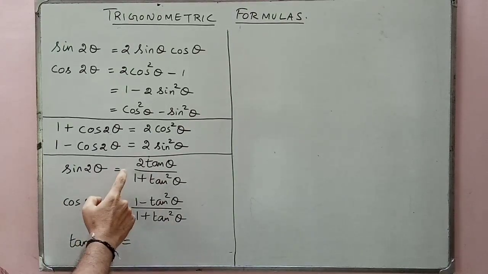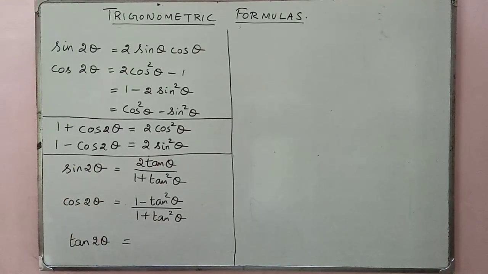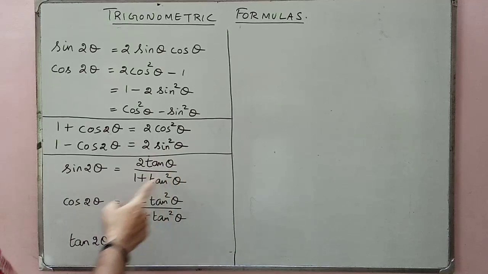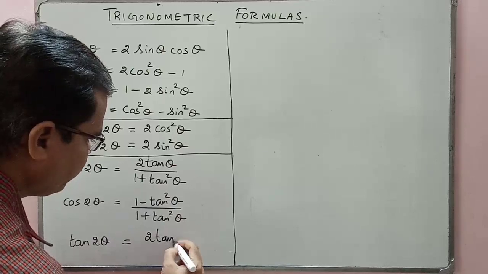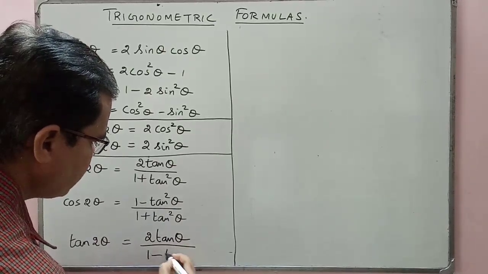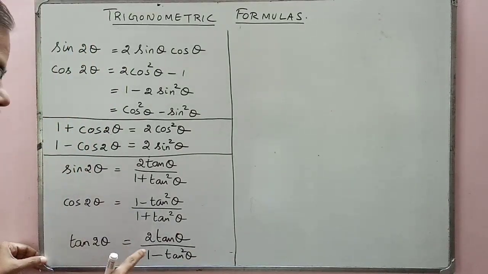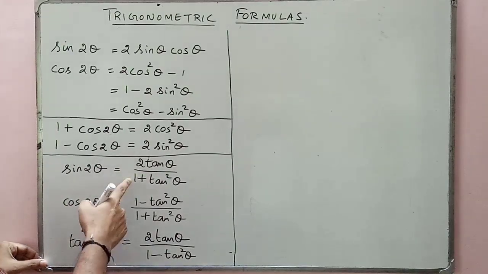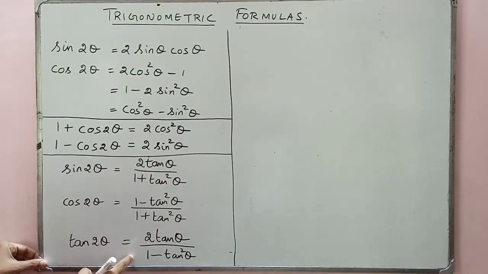Now tan 2 theta can be got from these two formulas. We know tan 2 theta is sin 2 theta divided by cos 2 theta. So, in simple words, tan theta is sin theta by cos theta. When you divide, 1 plus tan square theta in the denominator gets cancelled. So you get 2 tan theta by 1 minus tan square theta. This can also be obtained using the tan A plus B formula, which is not discussed here. When we discuss tan A plus B, we will come to this. So again I repeat, when you divide sin 2 theta by cos 2 theta, you will get tan 2 theta. Denominators get cancelled, so you have 2 tan theta divided by 1 minus tan square theta. So if you remember these two formulas, you will get the third one.